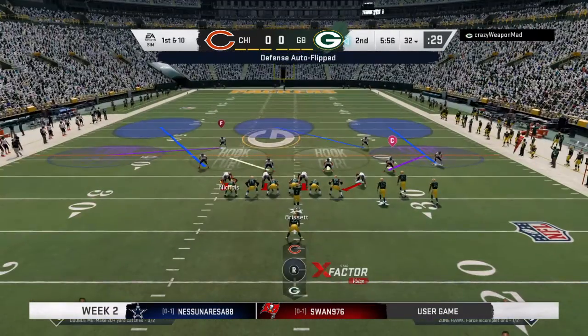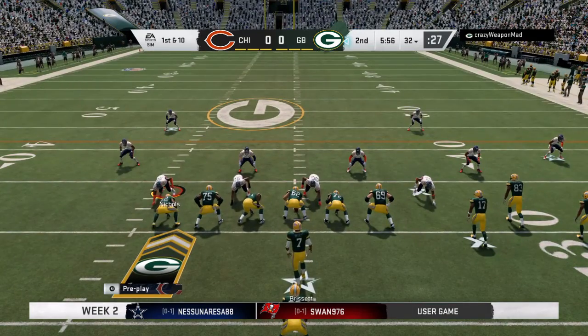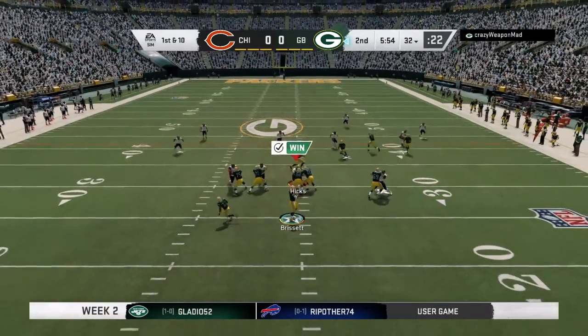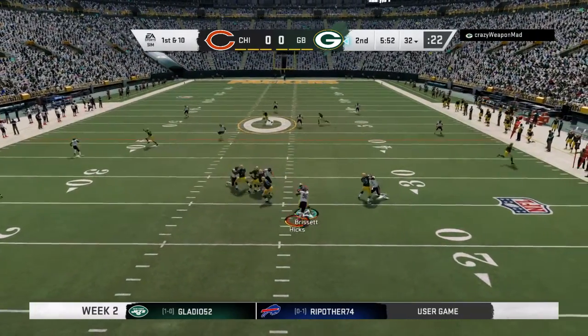About set to get this drive started. The Green Bay offense at the line. So far, they've had 3 drives, 3 punts. Not good. Not good indeed, because you've got to have something to show for being out on the field. Now, sometimes, if you have a game...